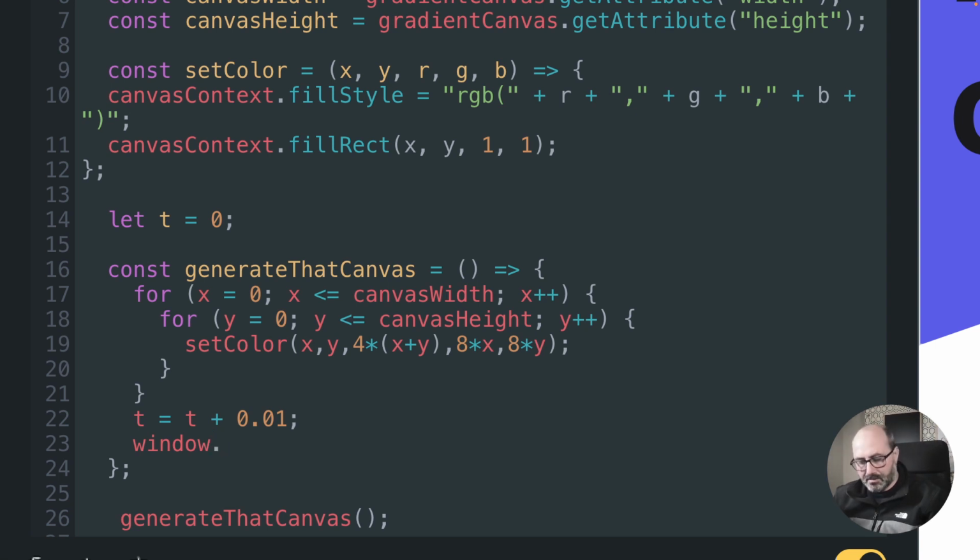So that's window.requestAnimationFrame, and this method will execute on each frame refresh of the browser. And what we want to do is to execute the same one again. So what we want to execute is generate